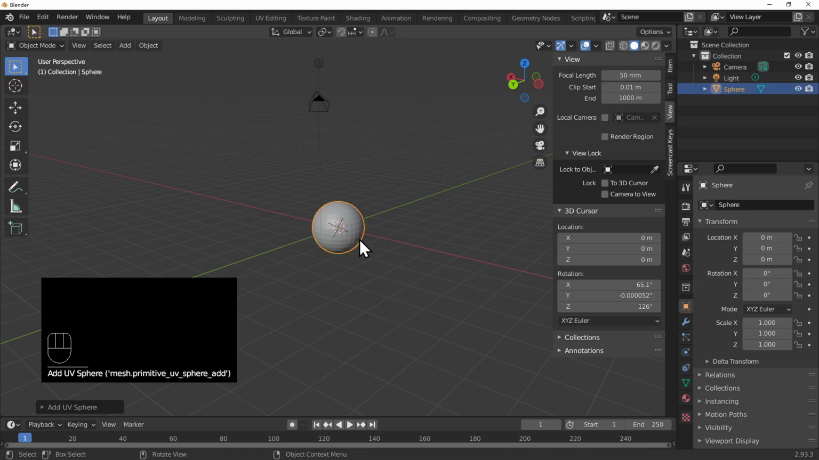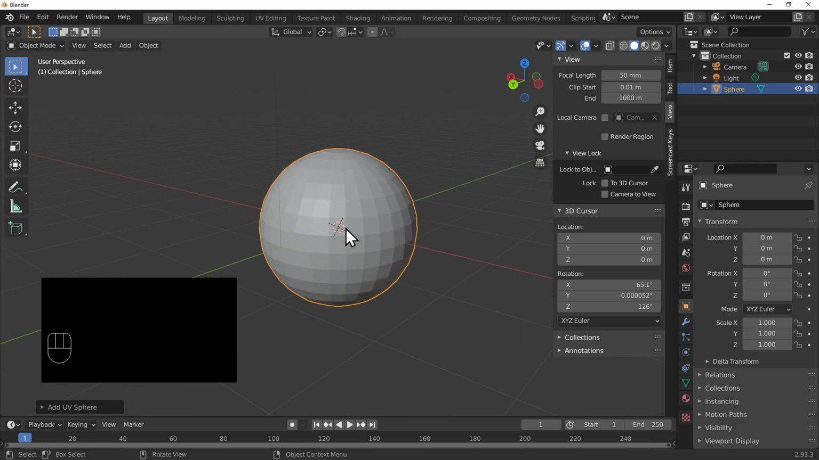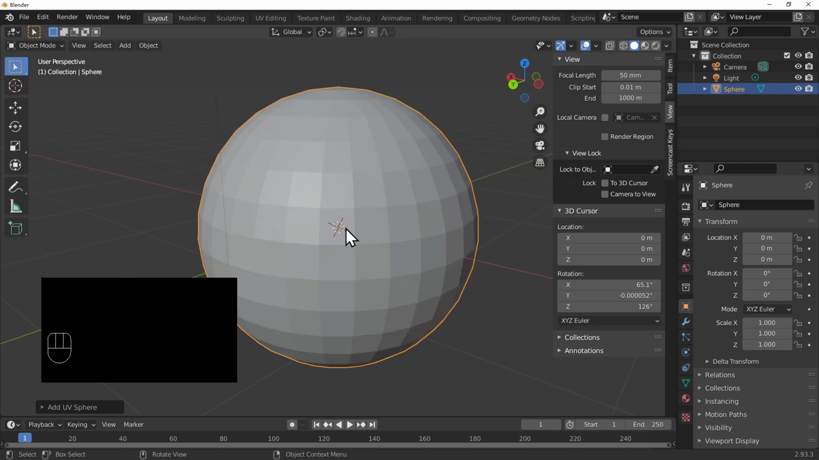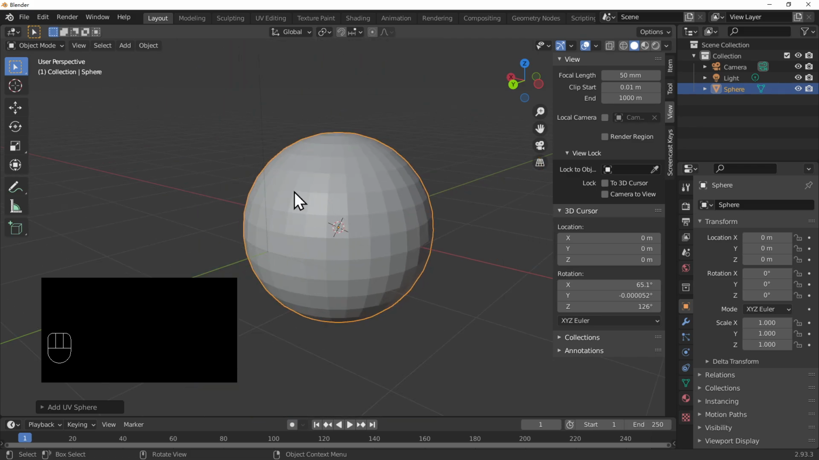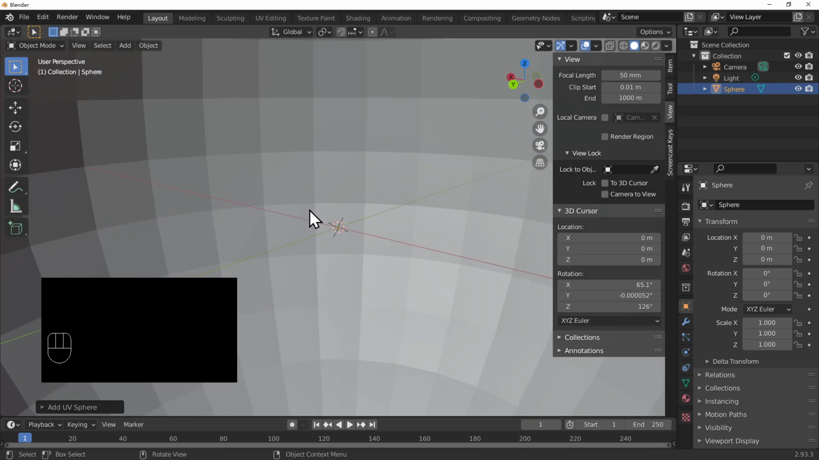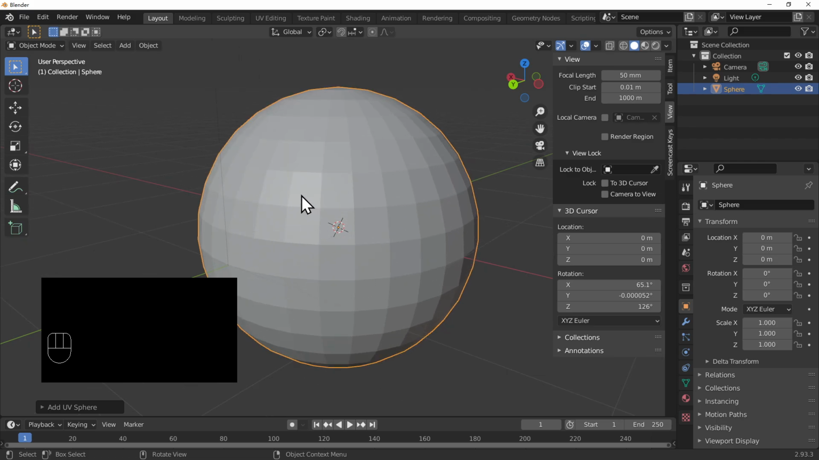Wow, the UV sphere. Let's move that a little closer. I'm using the mouse wheel here. Just scroll it and you can get a better view of the UV sphere. As you can see, there are a lot of faces on the UV sphere, and if you didn't do anything after you add this object into the scene, you will see the Add UV Sphere